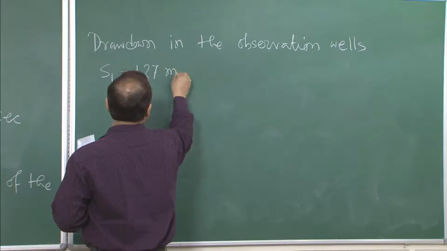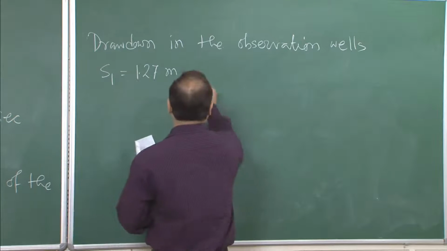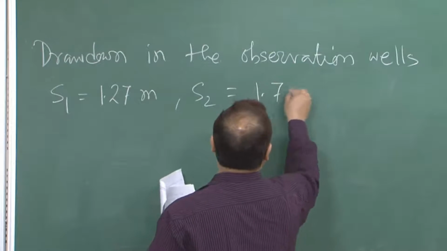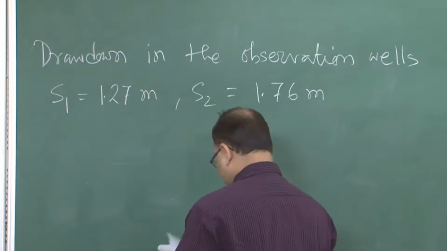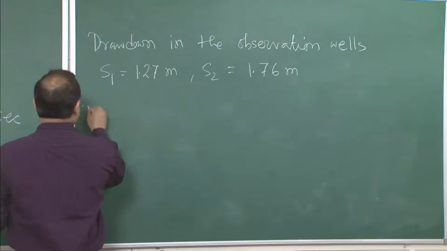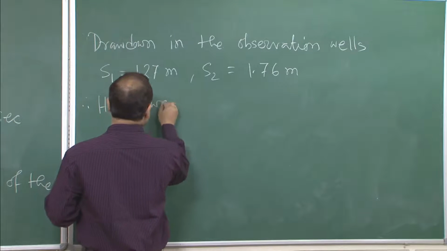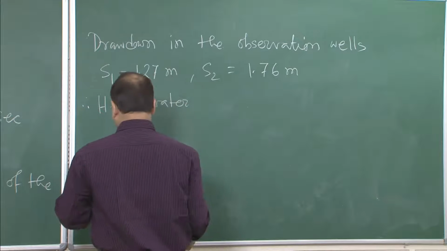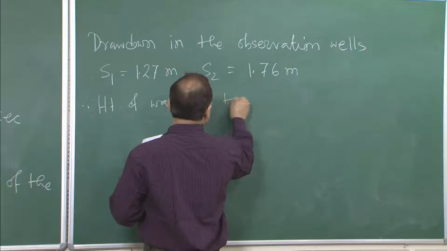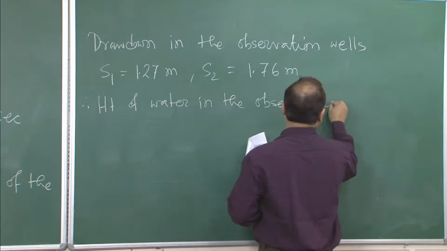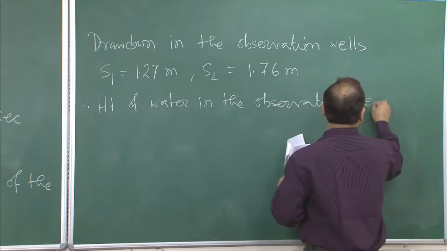If you refer to the problem, you will get these values, and S2 is given as 1.76 meter. Therefore, the height of water in the observation wells